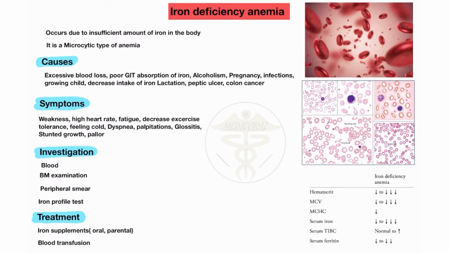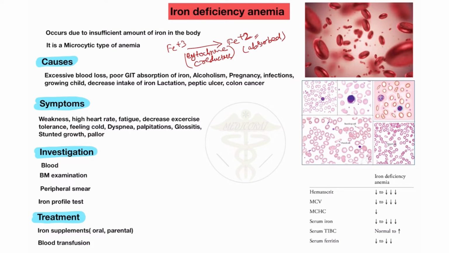As you mostly all know, iron is only absorbed in the iron plus 2 form. So if our diet has iron plus 3 form, then our body needs to form iron plus 2, because our body only absorbs iron plus 2 form and does not absorb iron plus 3 form. So if iron plus 3 form is present, then we need an enzyme. Which enzyme? Cytochrome C reductase. This enzyme converts iron plus 3 into iron plus 2. So in our body iron plus 2 is absorbed.